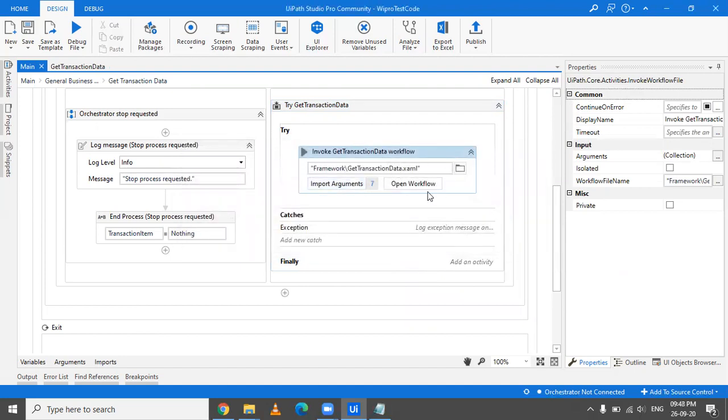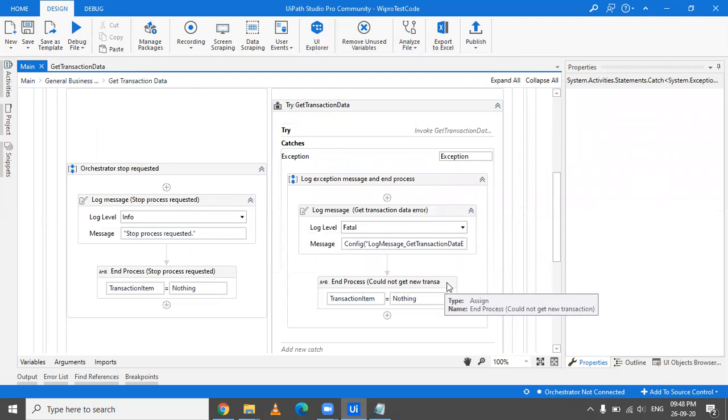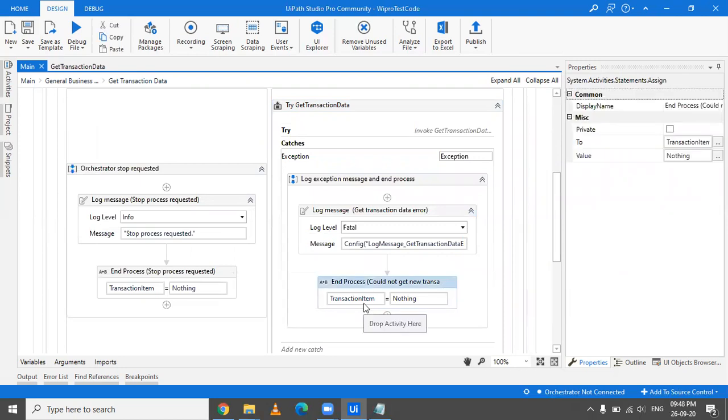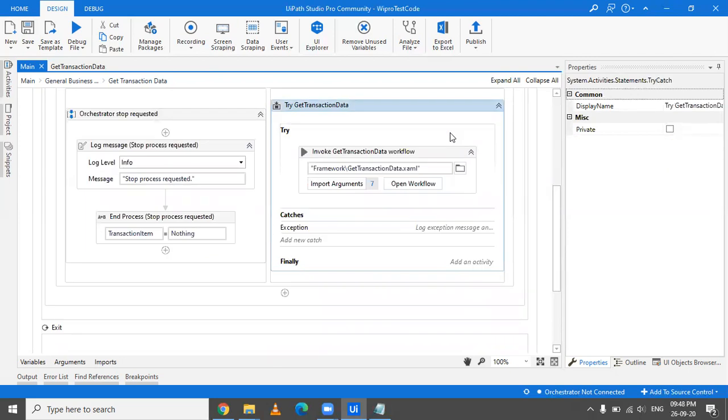So if you have any error in this particular thing, your variables would not contain the required value. So that means you cannot proceed because you do not have the data on which the processing has to be done. So it's better if you stop your process here. So that's why we have assigned nothing to transaction item. Now you must be wondering why are we assigning nothing to transaction item every time we want to stop it? Here also when you want to stop it, you have assigned nothing. Here also you have assigned nothing if there is any error. And inside also when you've consumed everything, you have assigned it nothing.